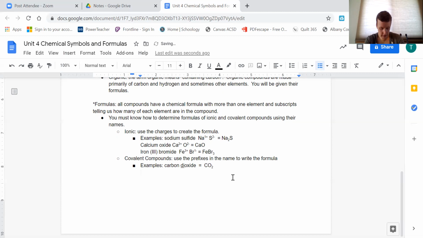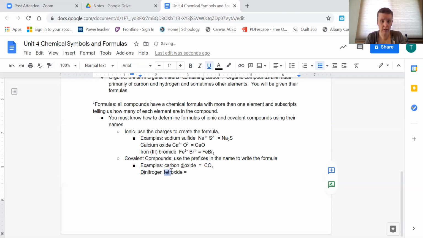Okay, all right, let's do another one. Dinitrogen tetroxide. Okay, so again, what are the prefixes? Well, dinitrogen. Nitrogen is an element. We have to recognize our elements here. It makes it a little bit harder, okay? So dinitrogen means that this is a prefix, di. Tetroxide, okay? Oxide is an element. It's oxygen. So tetra